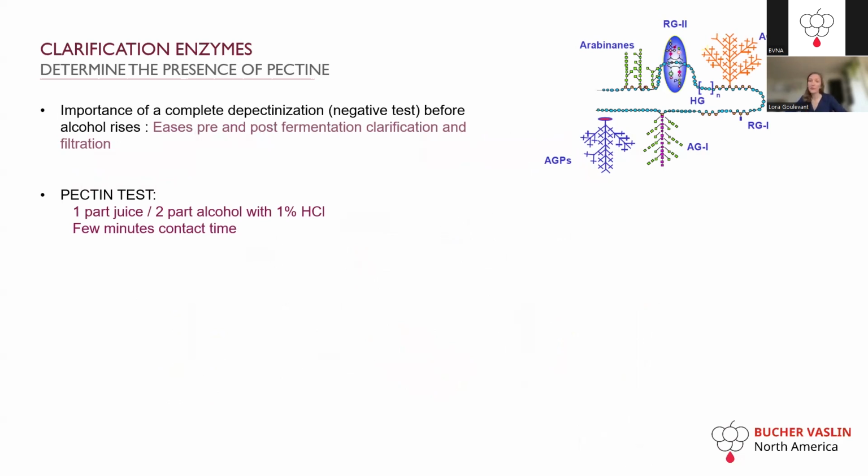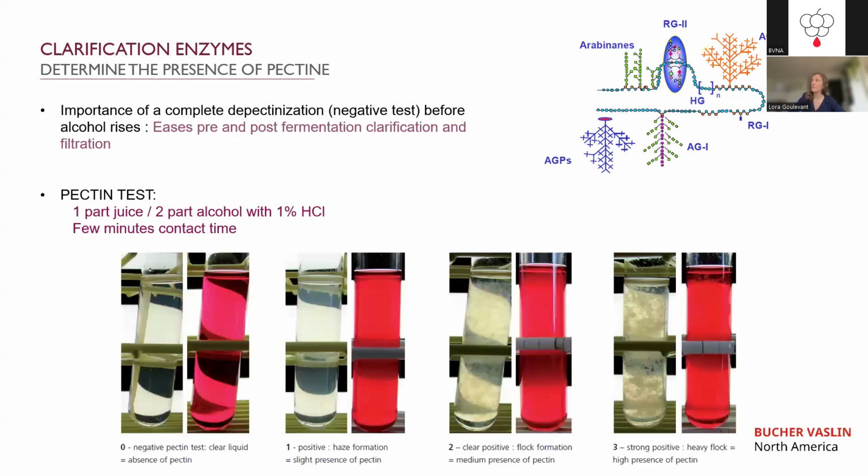So how do you know if you have pectin or not? How do you know if you need to use pectinase or if your pectin enzyme was efficient enough? You can do a very easy test, which is called the pectin test. It's 1 part juice and 2 parts of alcohol. You wait a few minutes and you will see if your pectin test is negative or not. The more pectins you have, the more flocs or heavy flocs you're going to have. That means that you have a medium presence of pectin or a high presence of pectin. This is a very easy test to do, but it's essential if you want to make sure your juice is well clarified,